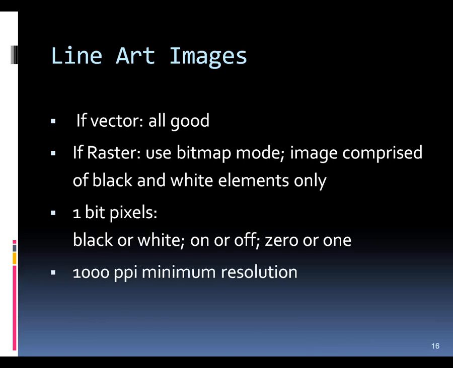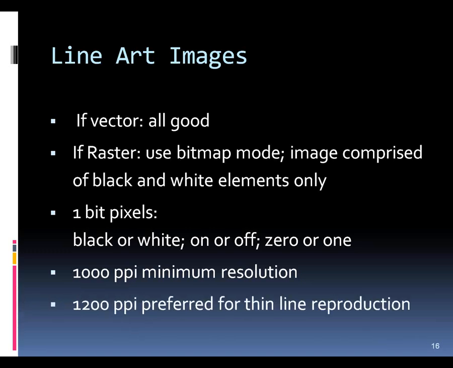Because of this mode, it's kind of a unique thing. With line art images in bitmap mode, we actually want to have at least 1,000 pixels per inch of resolution, or even better, 1,200 pixels per inch. Thin lines at 1,200, there is actually a slight difference. It's not a big difference, but 1,200 ppi is actually preferred if there's really thin lines. Now that seems like a lot of resolution, and well, it is, but because of the fact that it's 1-bit pixels,